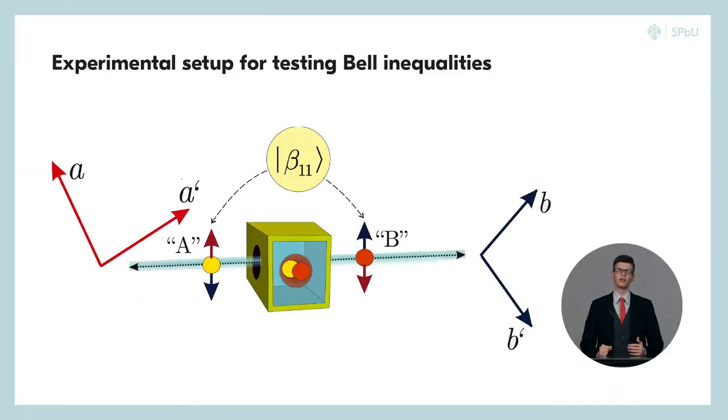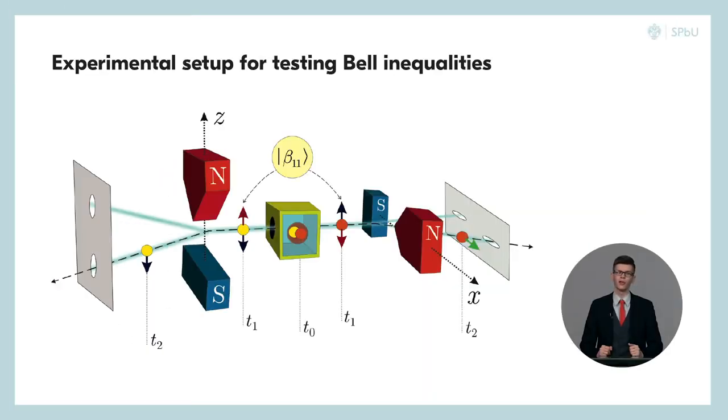Let us now consider an experiment similar to one set in France in 1976. We consider a pair of fermions A and B. In our experiment, the observables LA and LA prime correspond to a measurement of A fermion's double spin projection along vectors A and A prime. The observables MB and MB prime correspond to a measurement of B fermion's double spin projection along vectors B and